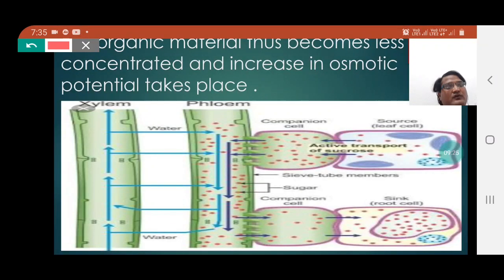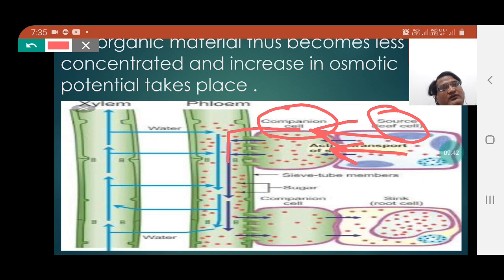Students, if you concentrate here, then you can clearly see that the glucose molecule is getting transported from the leaf cells to the companion cell and further to the sieve tube. Students, sieve tube is the main part of the phloem which is known for the conduction of starch. So students, this actually is the sieve tube.